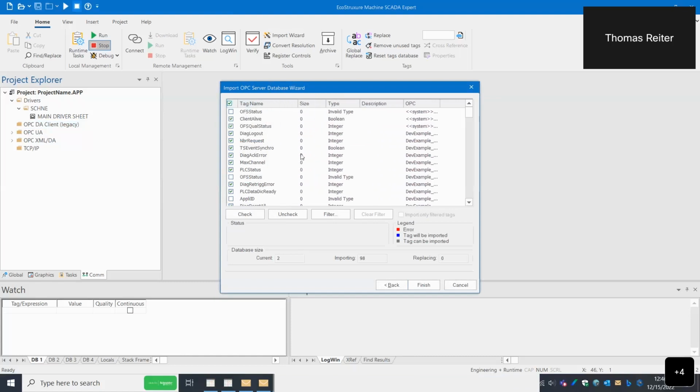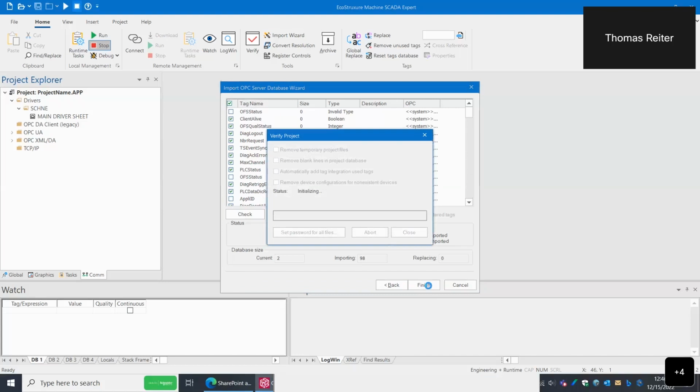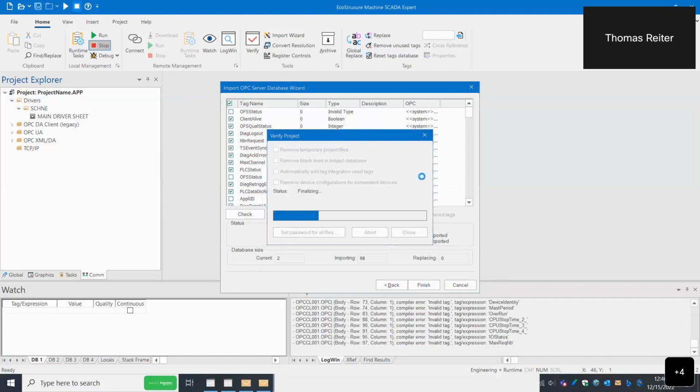And then you'll see it's gone out and looked at all the stuff that's exposed in the OFS OPC DA server. I think this is just a sample project running, but you can see it has a bunch of tags in it, and you have the ability to select which tags you want to import or not import. I'll just leave it at default. I say finish,